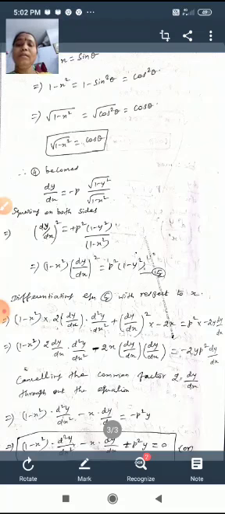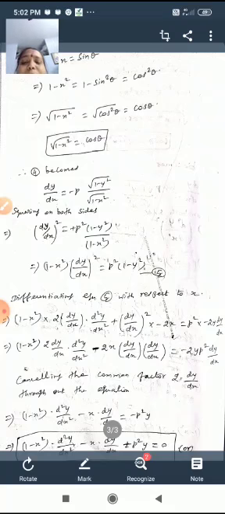We can get the substitution term root of 1 minus x squared. Therefore equation 4 becomes dy by dx equal to minus p root of 1 minus y squared by root of 1 minus x squared. Squaring on both sides, dy by dx the whole squared equal to p squared times 1 minus y squared by 1 minus x squared. Cross multiplying, 1 minus x squared into dy by dx the whole squared equal to p squared into 1 minus y squared. This is equation number 5.